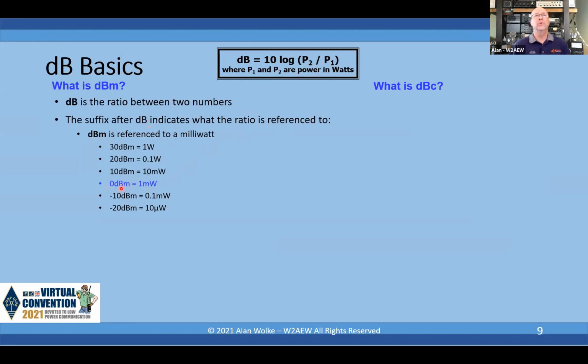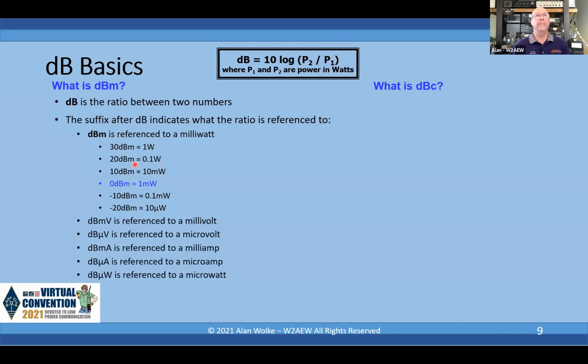So 0 dBm is a milliwatt of power. 10 dBm is 10 milliwatts, 20 dBm is 100 milliwatts or 0.1 watts, 30 dBm is 1 watt, etc. By adding that suffix, we tell you what P1 is, and it turns the dB into